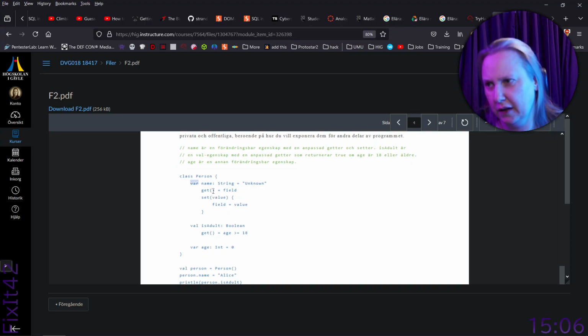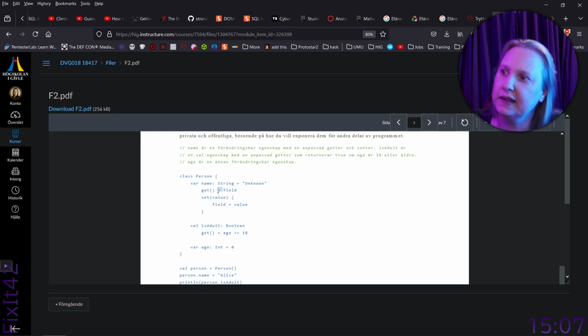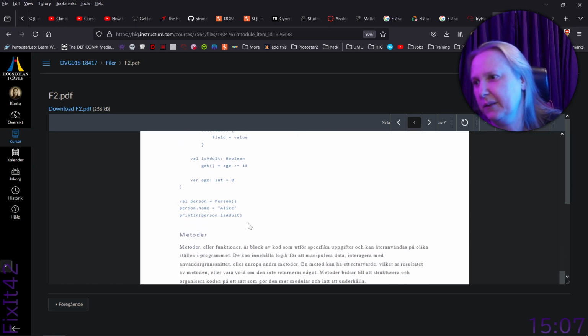Get field, set. Get equals field, set value field equals value. So get and set. Val is adult, boolean. Get age, but age is here. Yeah, so it's actually not a saved value. It is calculated from the age. Okay. So get val person